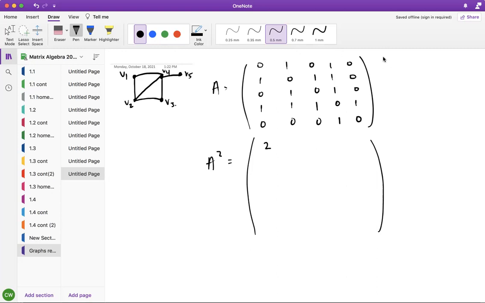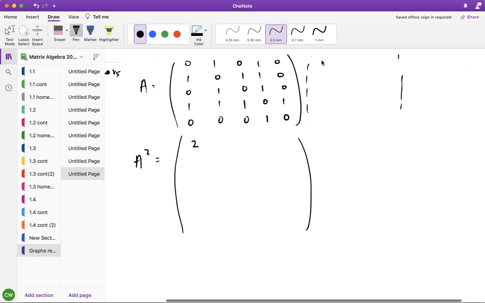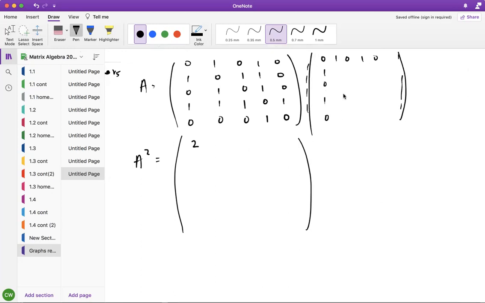So just imagine another matrix here. Might as well just draw it out. 1, 0, 1, 0. So, although there's a lot of multiplication going on, it's all ones and zeros, so it's not too bad. So first entry is 2, and then so